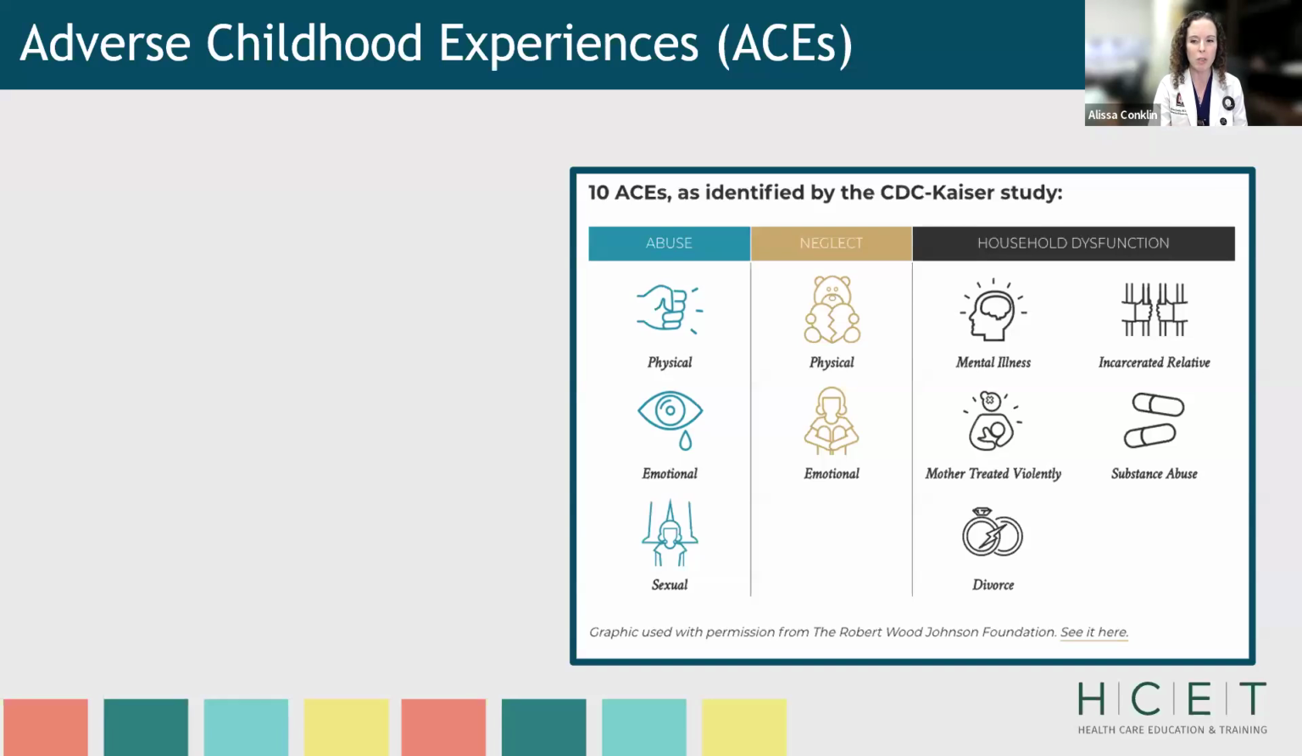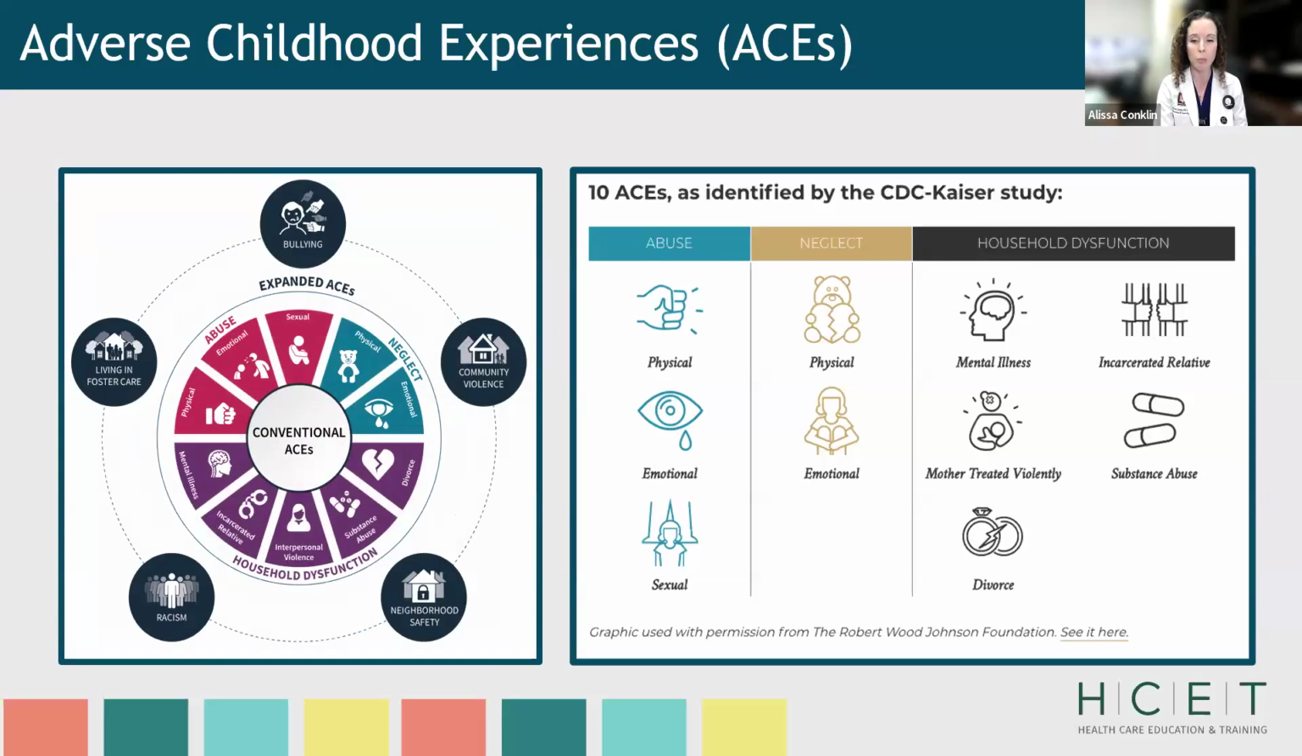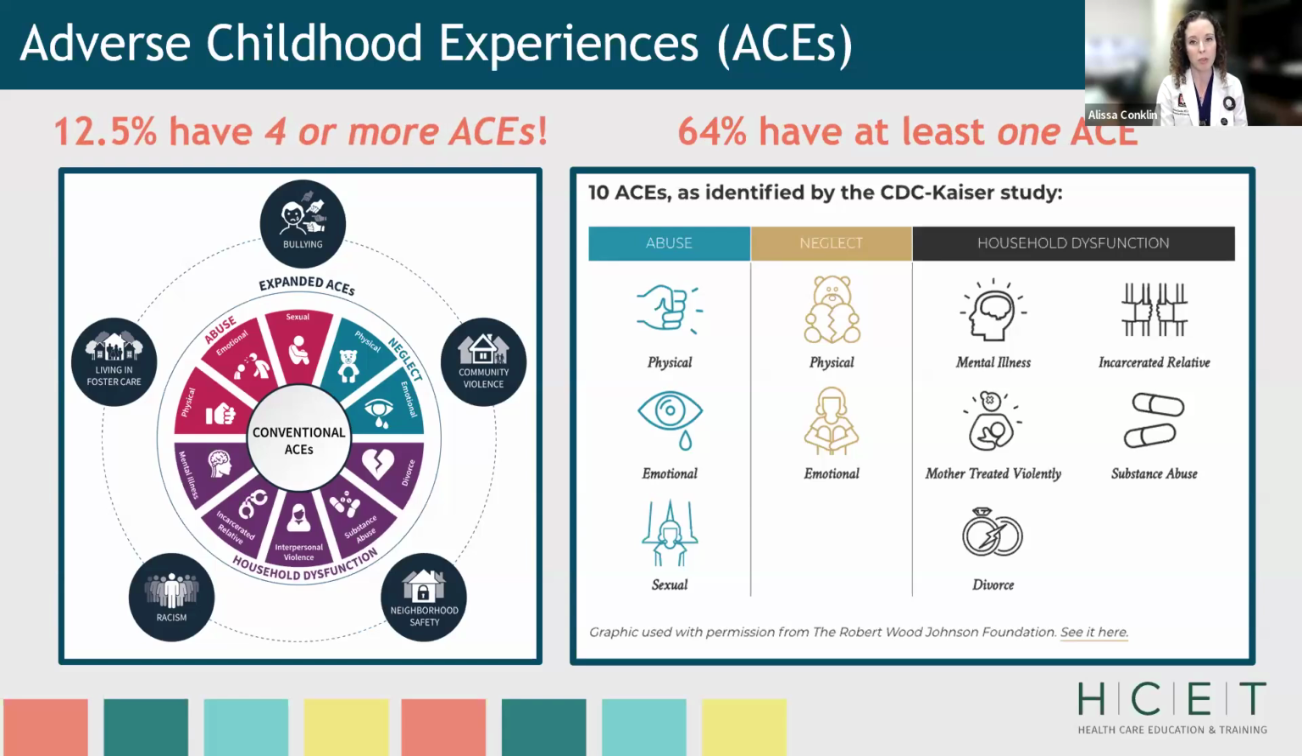The participants in the study were largely white, largely middle class, and highly educated, so a second ACE study from Philadelphia focused on an urban and more diverse population and focused on community-level adversity and how that could impact health outcomes, and ultimately found these 5 additional ACEs noted here in the dark blue circles: living in foster care, feeling discriminated against, experiencing bullying, witnessing violence, and experiencing adverse neighborhood events. ACEs are incredibly common. From the original 10, 64% of people have at least one ACE, and 12.5% have 4